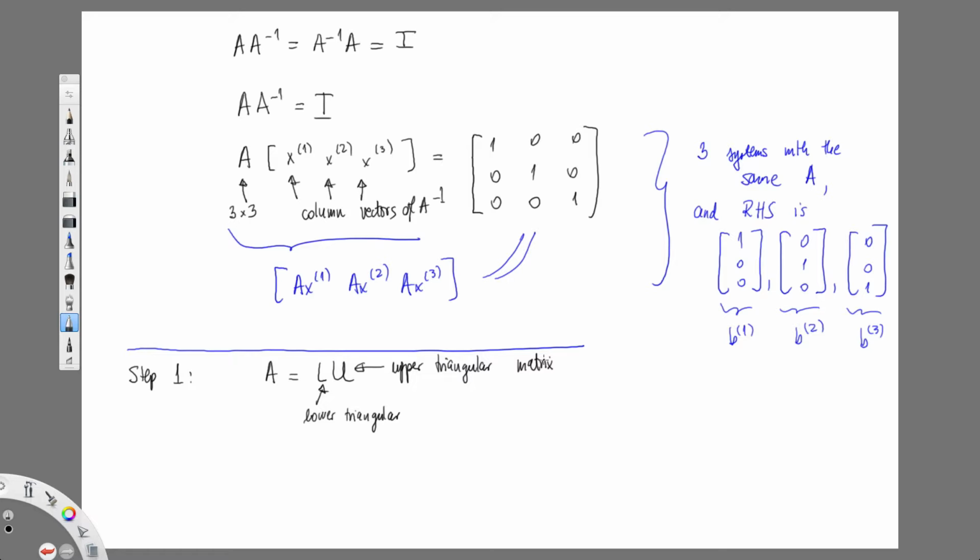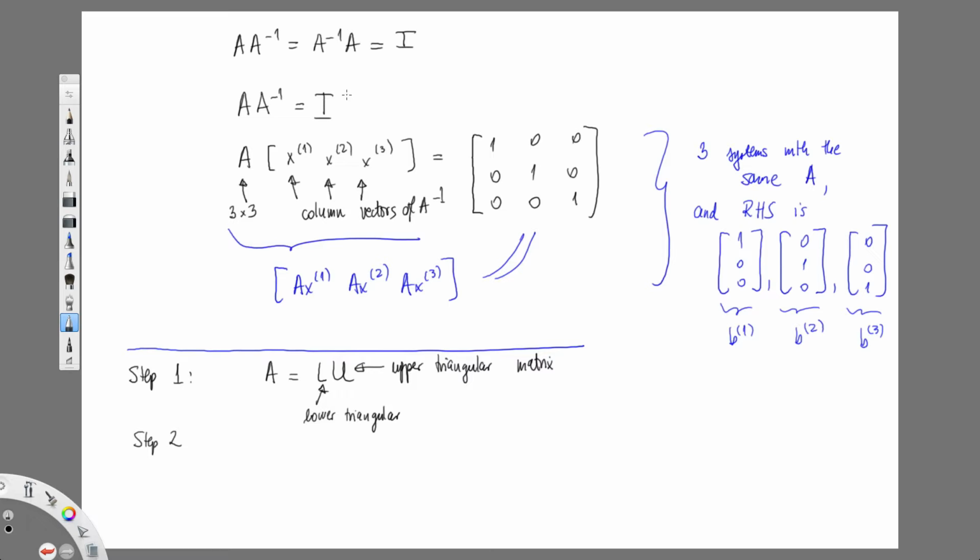And this is a step that is very similar to what we did in forward elimination for Gaussian elimination. So in that forward step, you essentially try to get A to an upper triangular matrix, and on the way you're carefully recording elements of L. And then once you have L